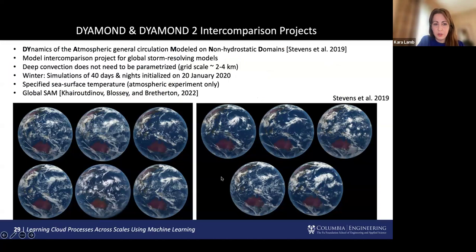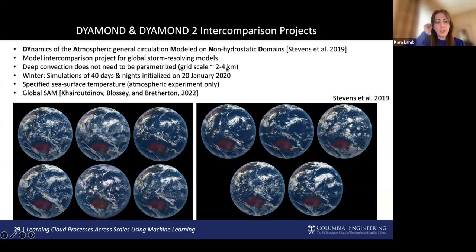And so the data sets that we're using here come from the DYAMOND simulation, which was this model intercomparison project for global storm resolving models. And a global storm resolving model is basically a climate model that is run at very high resolutions, where we no longer have to parameterize deep convection because we can sort of resolve deep convection. Like the climate model, the grid boxes in these models are something like 2 to 4 kilometers rather than 100